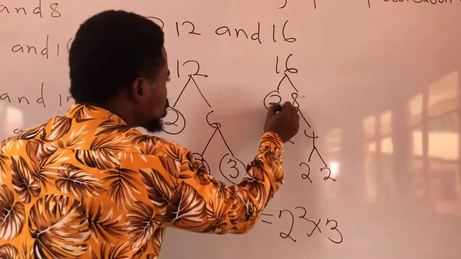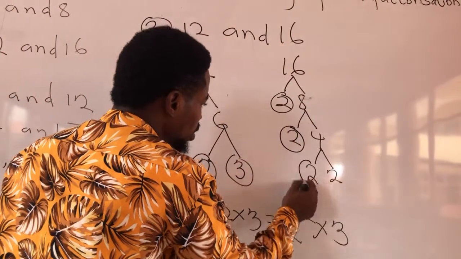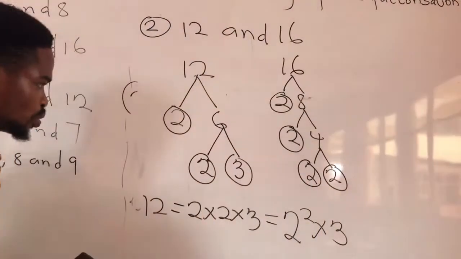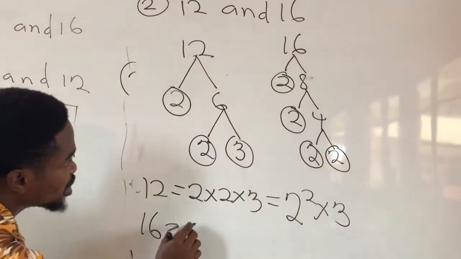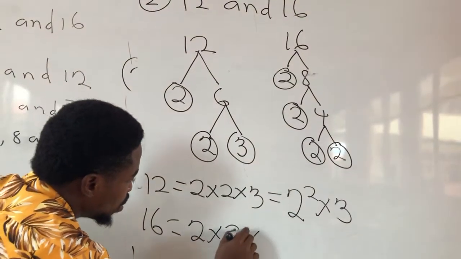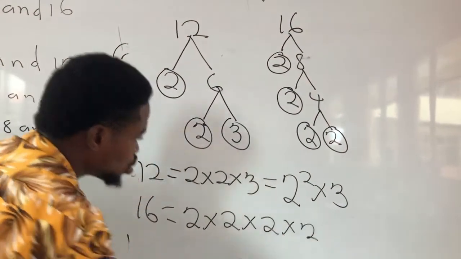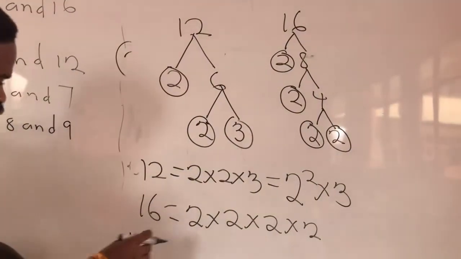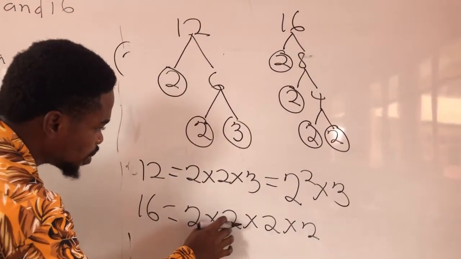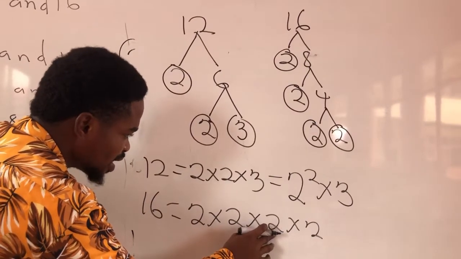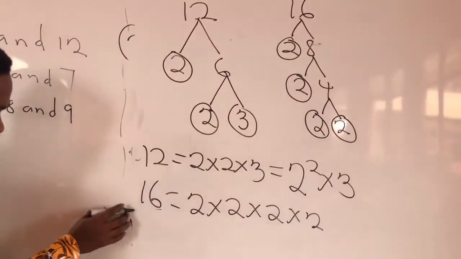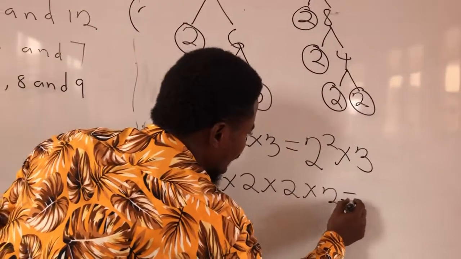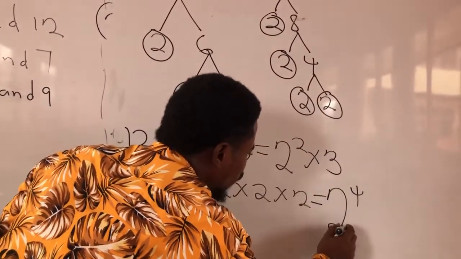Now we are looking for 2, these 2, these 2, and these 2, which can be written as 2 times 2 times 2 times 2. The 2 occurs how many times? 4 times. So 2 times 2 will give us 4. 4 times 2 will give us 8. 8 times 2 will give us 16,